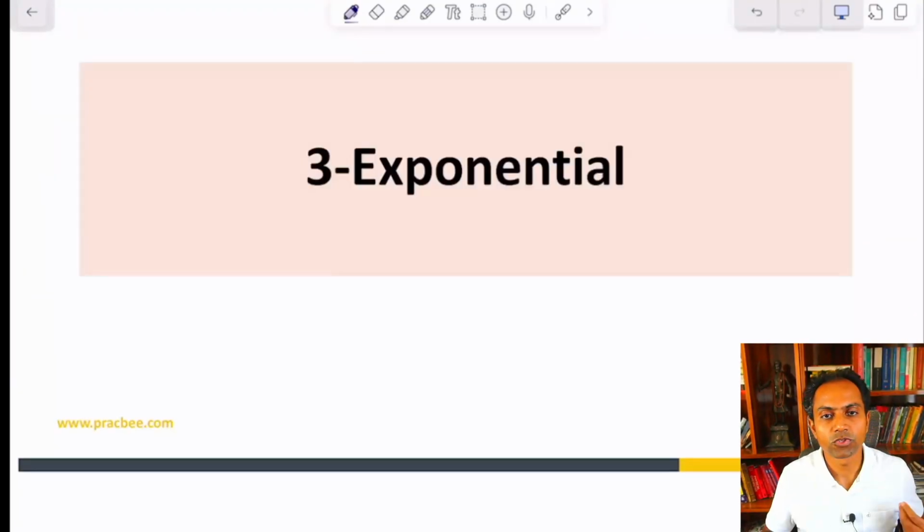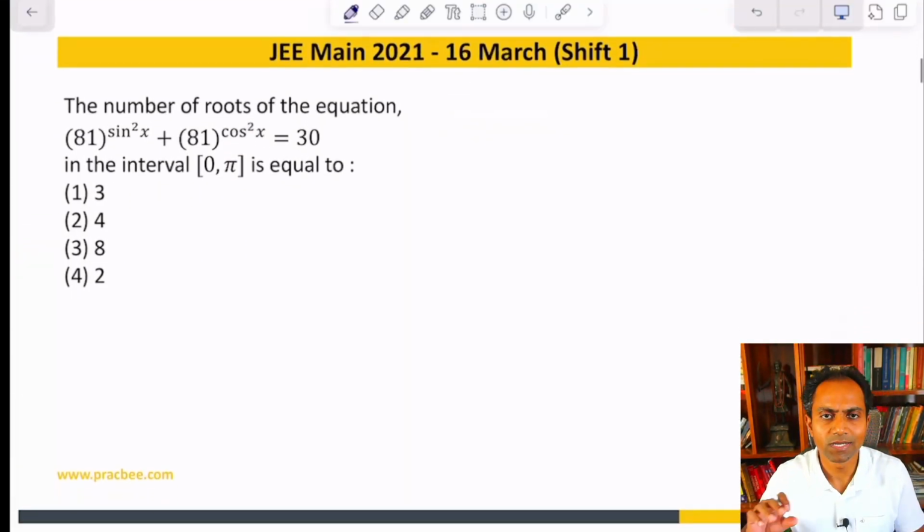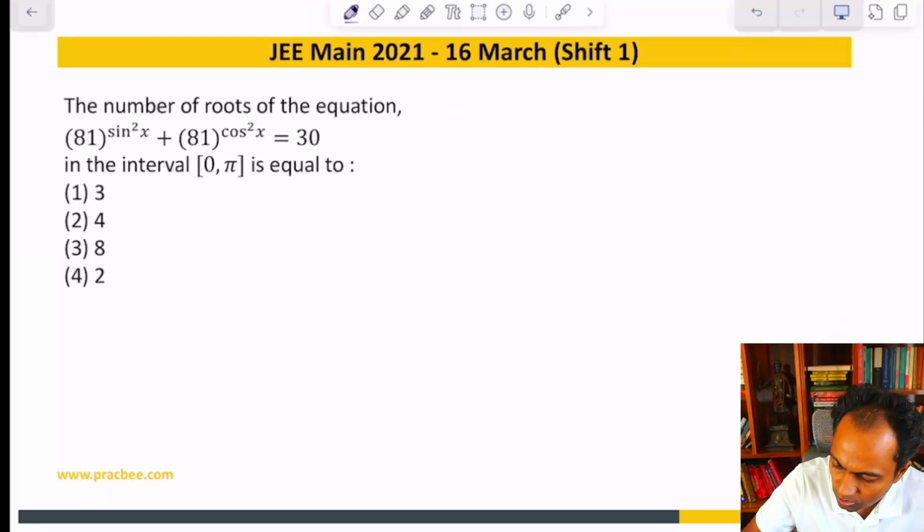The next kind of question is based on exponentials. In exponentials, it is very important to observe. There could be very simple questions, like what we saw earlier, where we do direct substitution and get an answer. But there could be a question like this that is based on observation. So here you can see that 81 raised to the power sine square x. What you can do in this case is, if you observe that cos square x can be written as 1 minus sine square x,